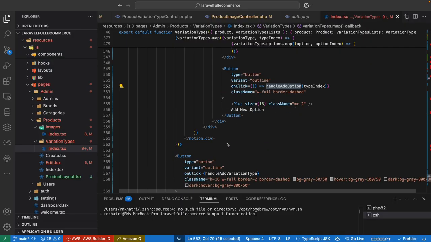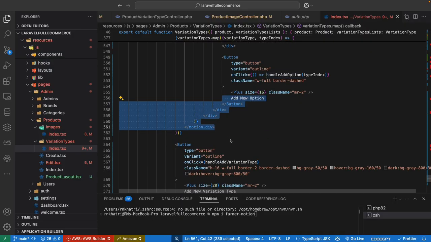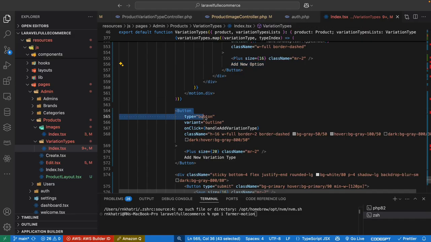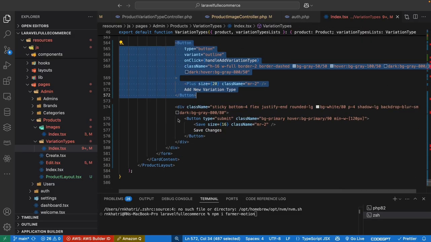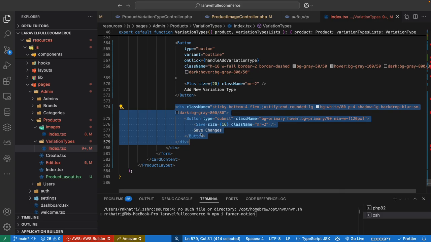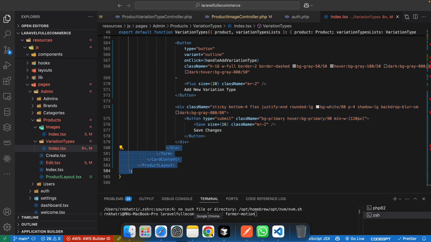Okay, after that we have to close this one and this close one, and down another we have to handle the add variations button, and then the save change button. Okay, and then close this one. After that we need to